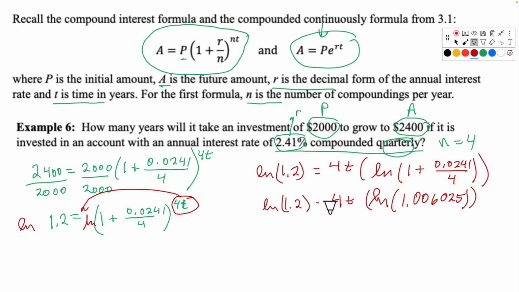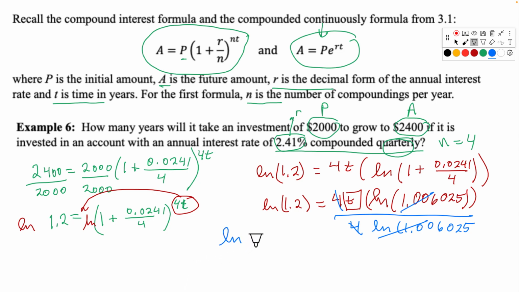And what do we do to solve this? Well, we want the t by itself. So what we will do is divide by the 4, and we'll divide by natural log of 1.006025. That cancels with that. And so our final answer is going to be natural log of 1.2